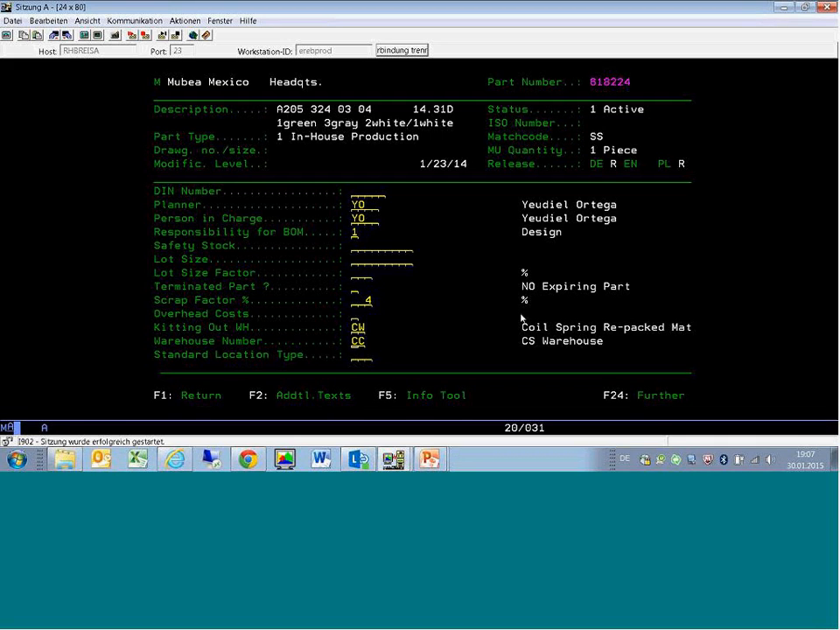So then is the warehouse number, yes, which is the general warehouse that is assigned to this part number. Then you have the standard location type, where you can set up the location where normally this part number is put into. And also you have to set up the bin in which this part number is